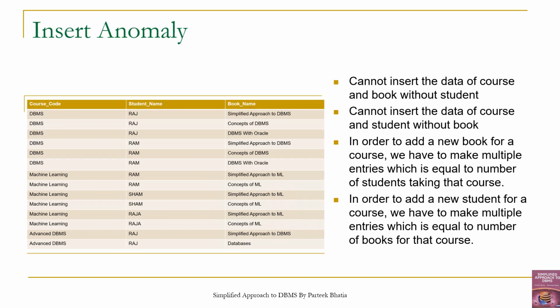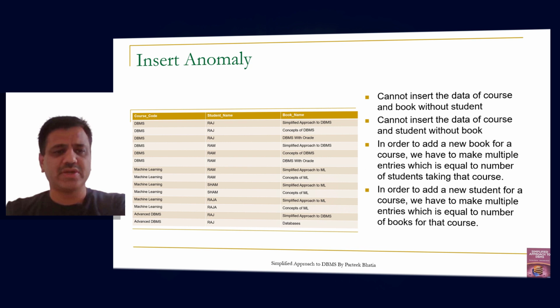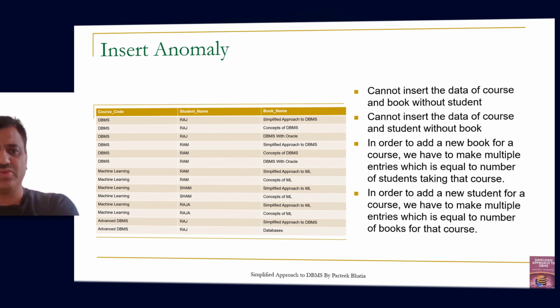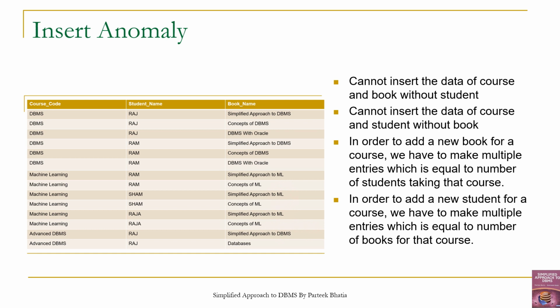If this is the primary key, then of course there will be anomalies in this table, because the primary key is a combination of three columns. So we cannot store information in any two columns by storing null in the third column, because nulls are not allowed in the primary key. Every time we have to fill the values of three columns. Let's consider a situation where we have only a course and a student name, but there is no corresponding book in that course. We cannot store the data of that student and course information.